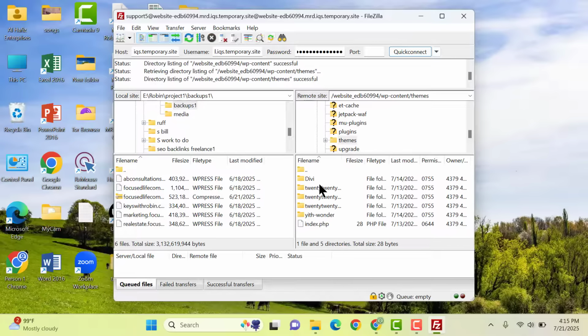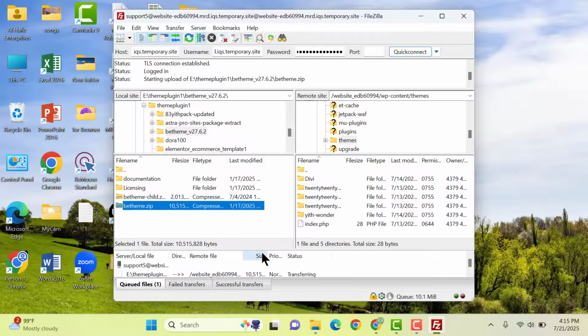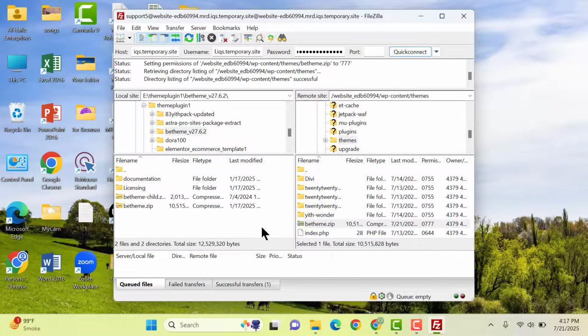So let me go and select one of the themes from my laptop. Now let me go back, and try to upload this one. So here you can see now the theme file is uploading. Okay, now this file is uploaded, and if you want to extract this file you can also do it from